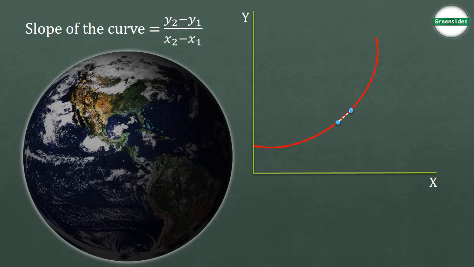One more observation. Let's say we have 2 points which are 10 km apart. Can you mark these 2 points separately on Earth if we scale it down to this picture? Even if you try to do so, they will merge into one point because they are very close as compared to size of the Earth. 10 km is very small as compared to size of the Earth, right? Now look at the graph. If we bring these 2 points in a similar way, very close, they will merge into a point, right?